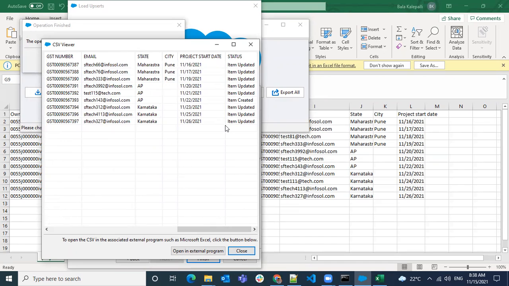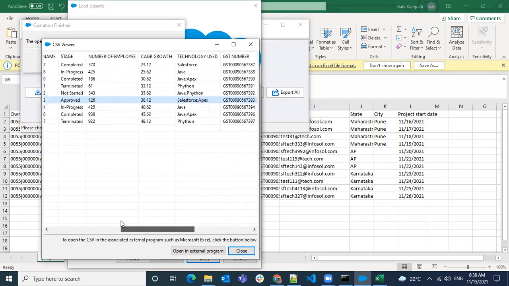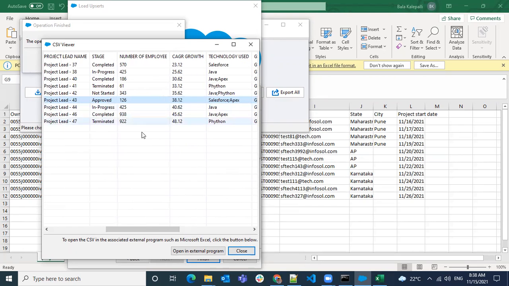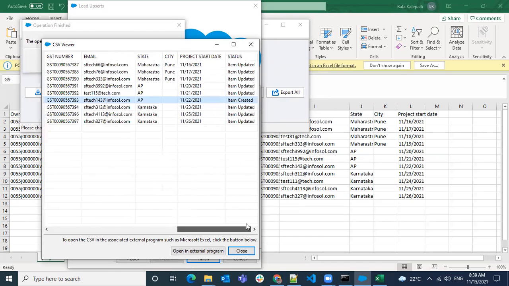What are the different columns added? Now the status became item updated, item created. The one which failed before, when it was approved, it failed, right? So now it became a new record. Why? Because that record did not exist. Now everything else is updated.